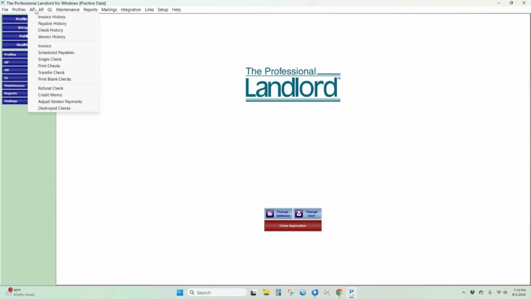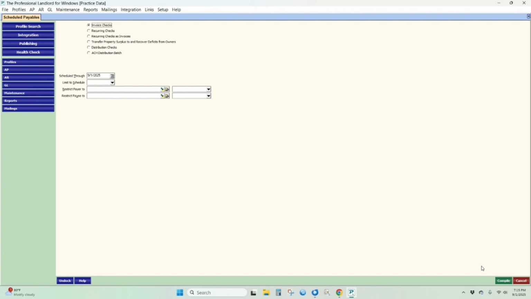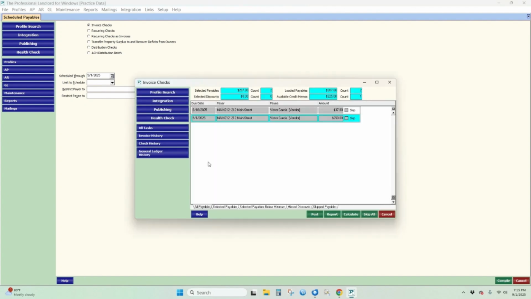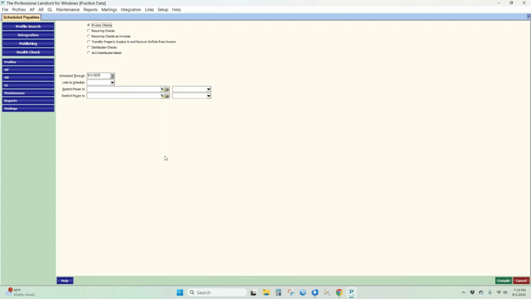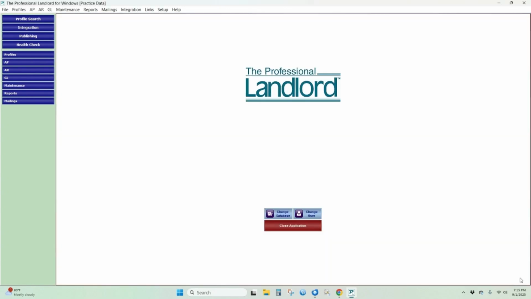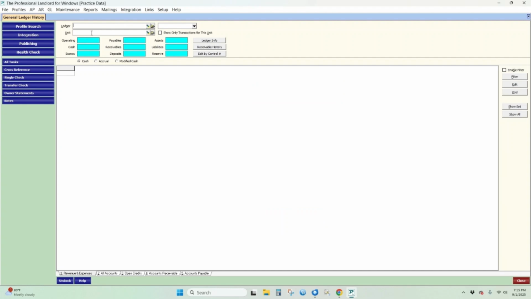So what's going to happen is when it's time to pay it, AP, Scheduled Payables, Invoice Checks, compile. It'll bring up all the invoices that are unpaid, and then you just click on Post. Okay. Once you've posted your checks, you can go take a look at what happened. So if we go into General Ledger History on Main Street,